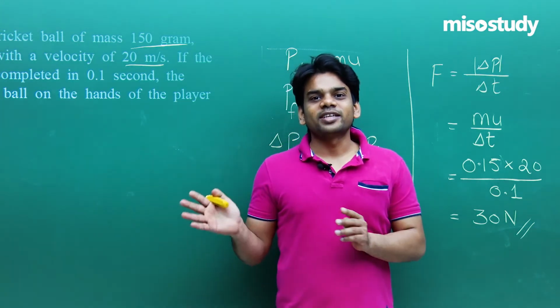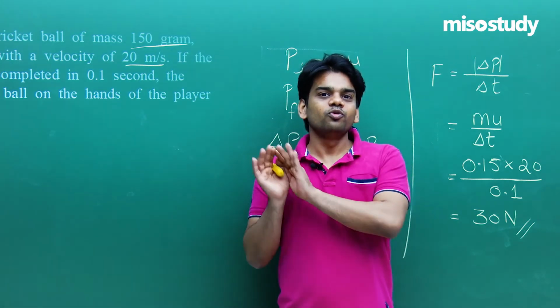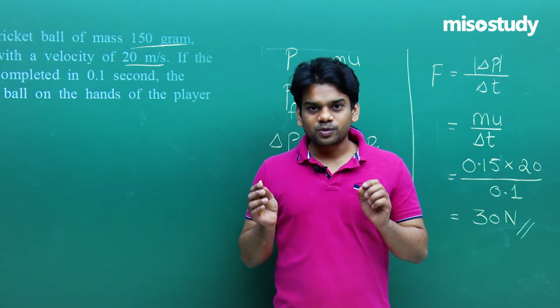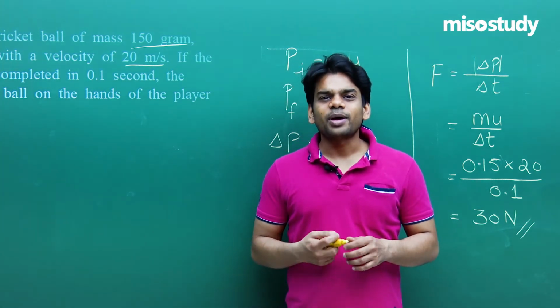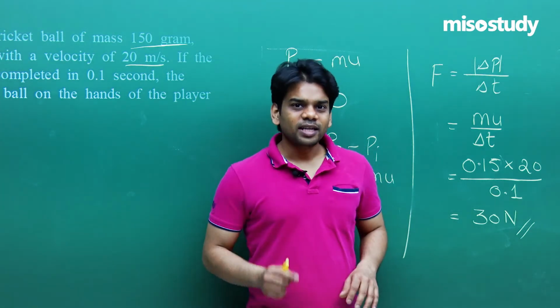That's why during your cricket session also you'll find that the cricketers, while catching the ball, move their hand backwards so that the impact time can be increased and the suffering that they will have on their palms can be reduced to a great extent. The same happens for a football goalkeeper also. While he catches, he takes the hand backward. That is what we need to do.